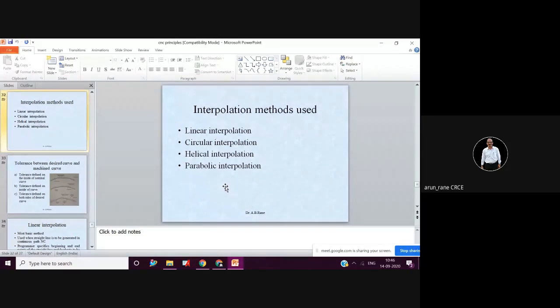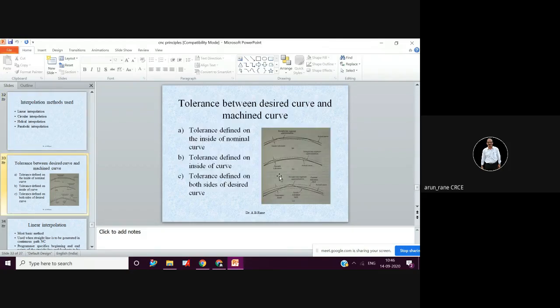So the coordinates are calculated as per the mathematical models for line, circle, helix, and parabola. You can also control the inside tolerance and outside tolerance. Let me zoom this so that it will be visible.